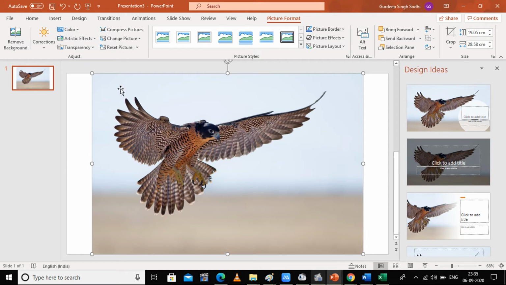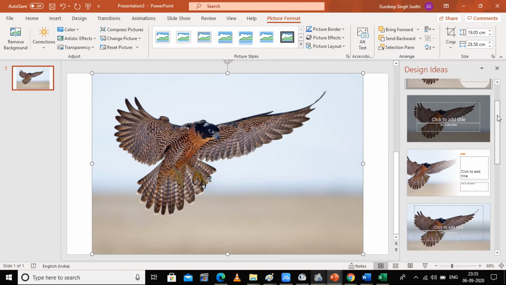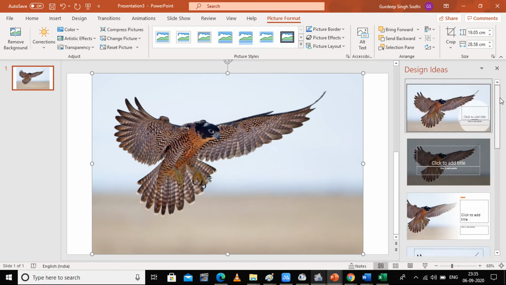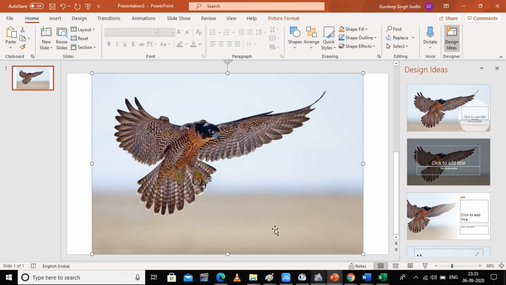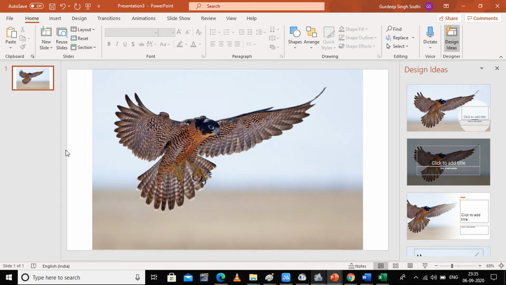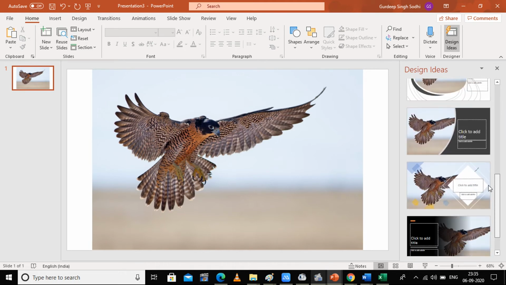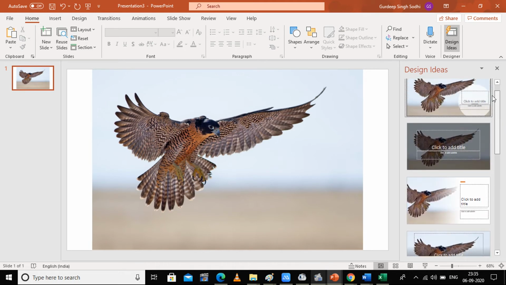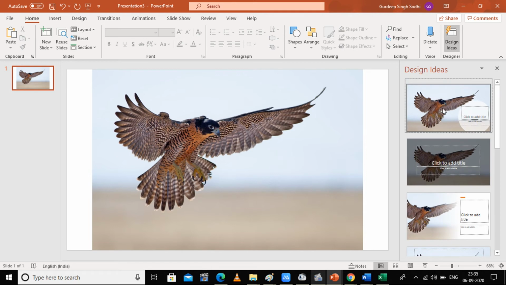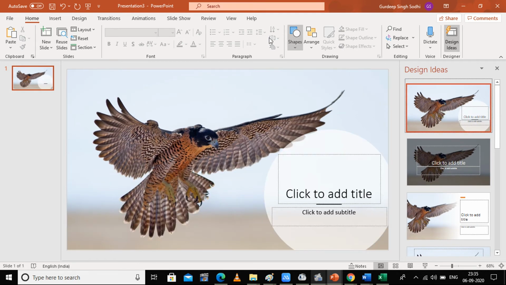The second option which is available here is the design part. So these are the design ideas in which I can have my presentation. This is actually available in the home tab. I have just inserted one image from the stock images. If I want to have the slide like this, you can have it, or there are many options available here. You can select any of the options and use it as a slide. So if I go for this, the slide will be converted like this.